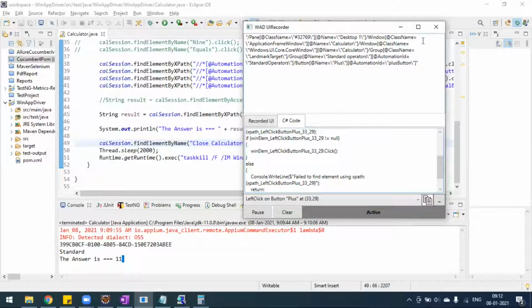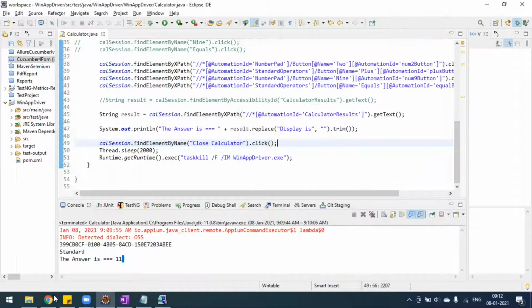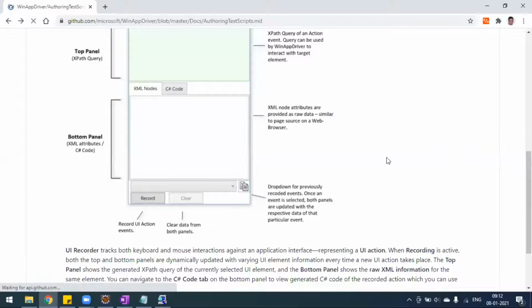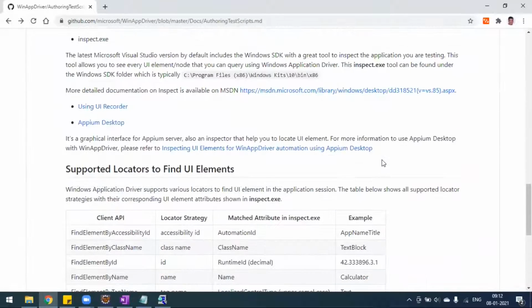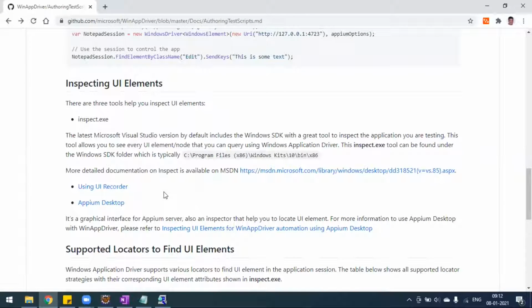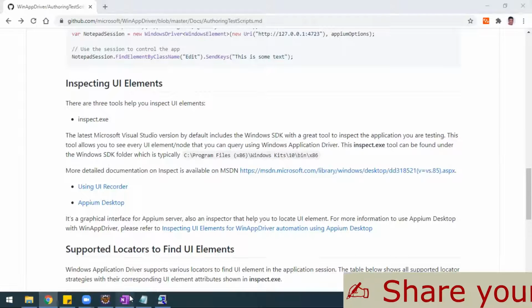So this is how we use this Winium driver UI recorder for generating some XPath, or if you want to generate some code, a single line of code for clicking some element. That's all about using this UI recorder for Winium driver automation. Primarily this is for inspecting the UI elements. The recording will not help much. If you have some heavy legacy application and you don't have an element ID or name, then you have to go for XPath. In those scenarios, you can use this UI recorder and get the XPath for the particular element. So that's all about this UI recorder.